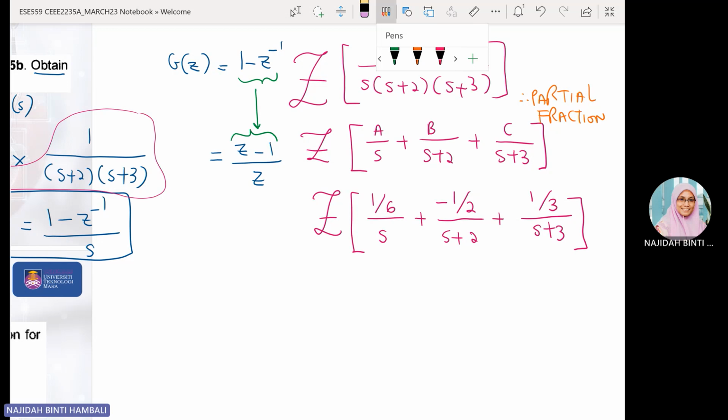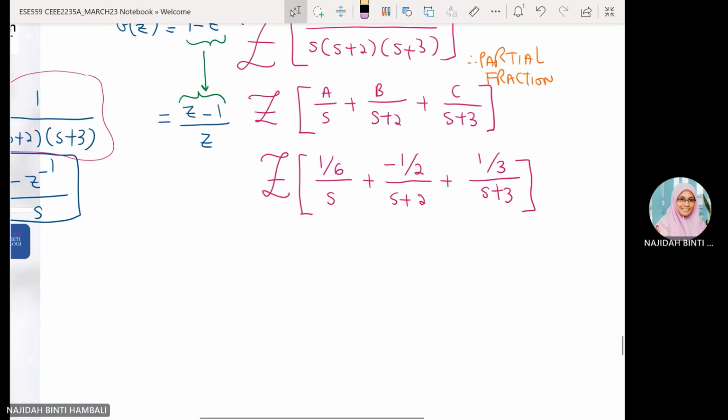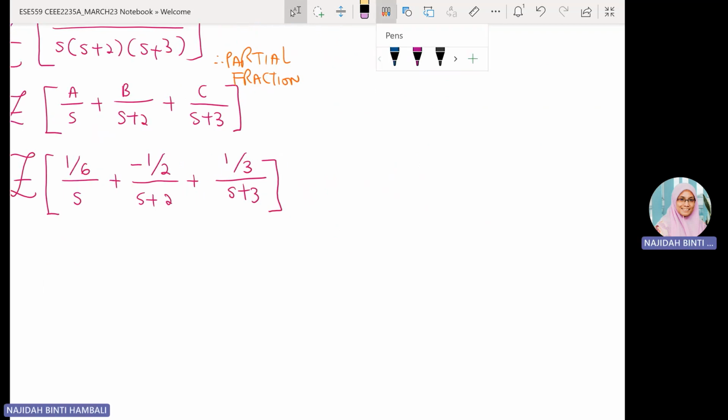After you determine the coefficients using partial fraction, you need to refer to appendix 2. The book is over here. So from the table, from appendix 2,